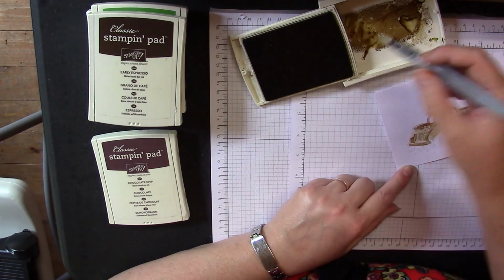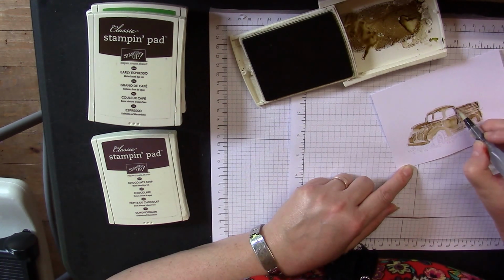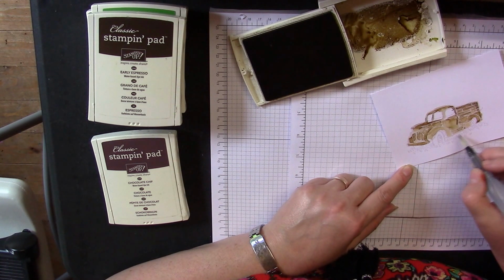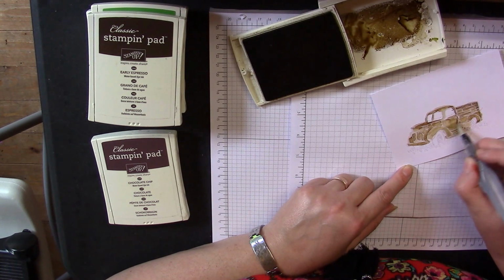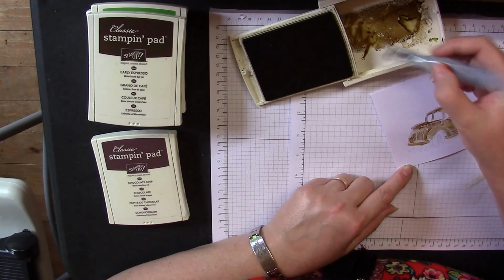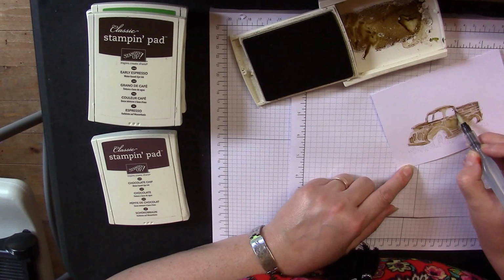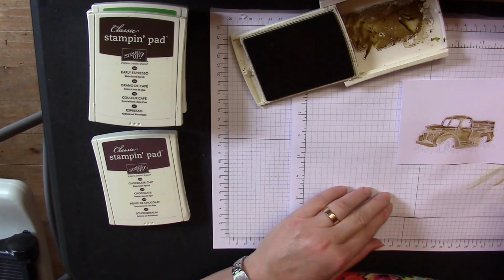And you just want to go, because this is clear, you just want to take it just slightly over the edge, only a little, so that you get a bit more definition around everything, as opposed to just keeping it all on the inside. And then you can see as that colour builds that more and more definition starts to show. So that's the first colour on there,